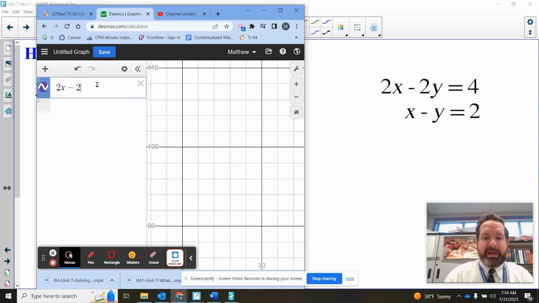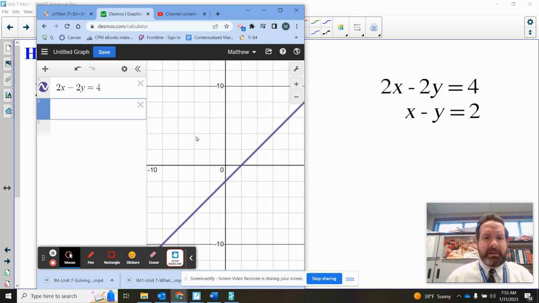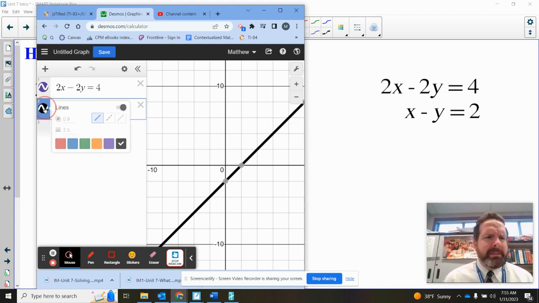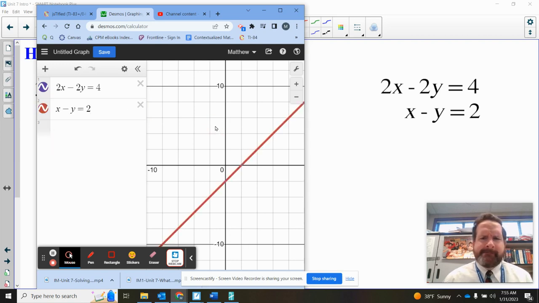All right, I hope that you've already looked at them. Let's see what we got. So there's line number one, nice. X minus y equals 2. There's line number 2. I only see one line. Maybe I'll make it a different color. That might make it easier to see. I still only see one line. Now, what if I turn the red one off by just clicking on the circle? Okay, now I see the purple line. And if I bring the red line back,